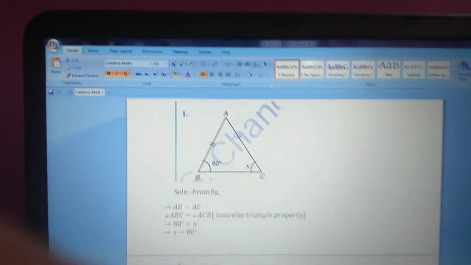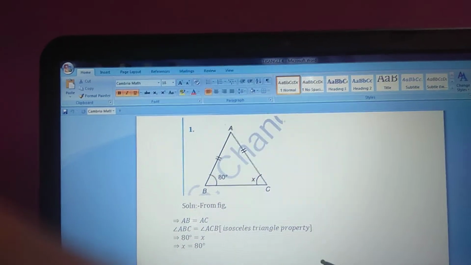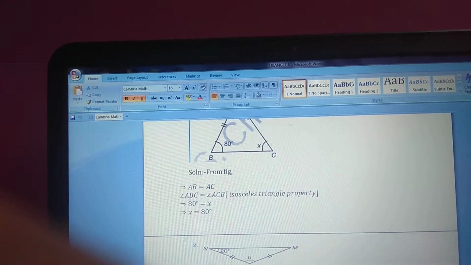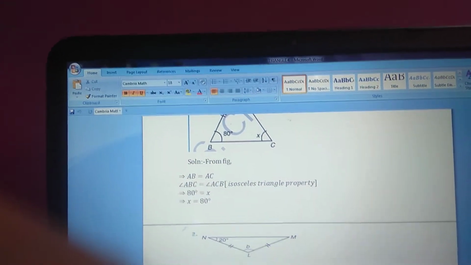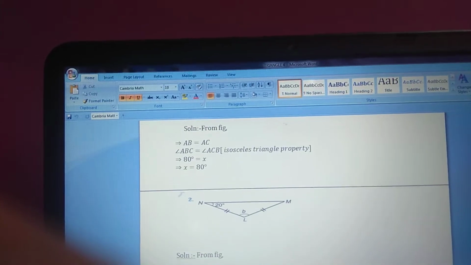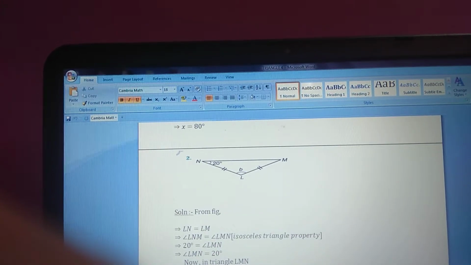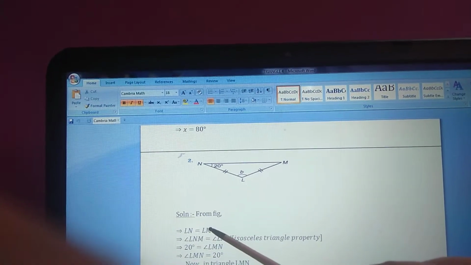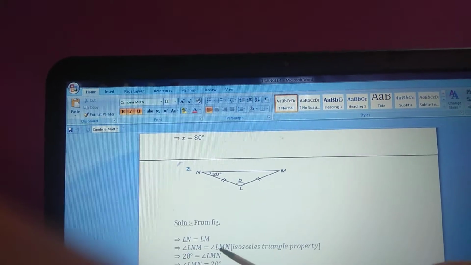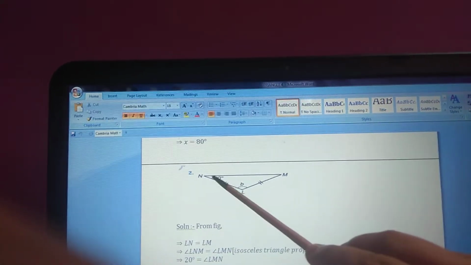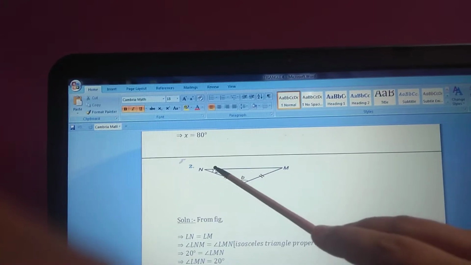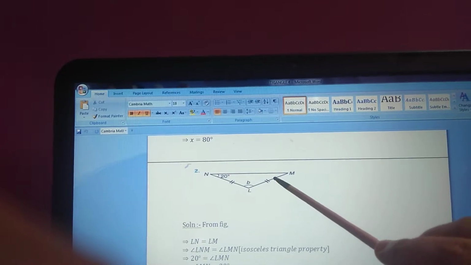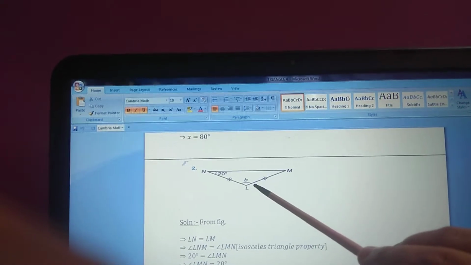In exercise, question number 1 is similar to the first example which I have shown. Still, I have done it for you. If you look at it, you will be able to understand. Now, let's go to question number 2. LMN is a triangle in which LM is equal to LN. So their opposite angles are these two, this angle and this angle. One angle's measure is 20. So obviously the other will be 20. But we are asked to find the value of B.